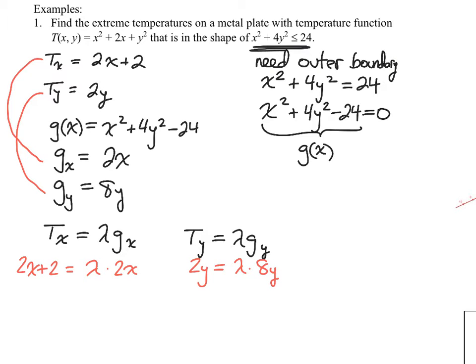Now, you can see in the case of the first order partial with respect to y, I have a common y on both sides. So kill them. Basically divide both sides by 8y, and you'll see that lambda is equal to 1/4. All right, so then what I would want to do is pop that lambda into my x function. Simplify and solve,